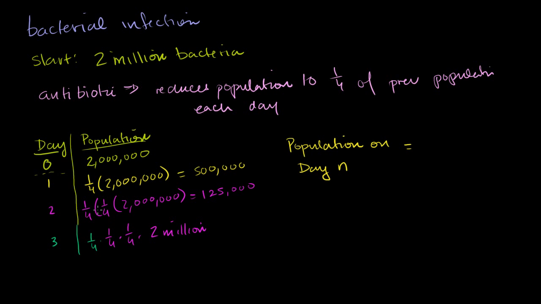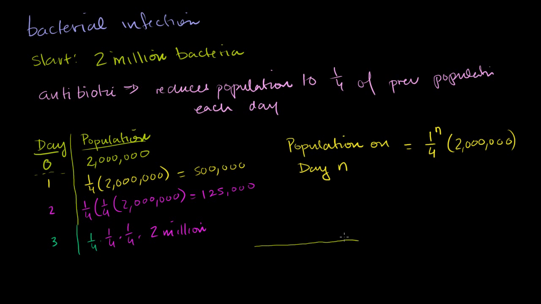On day 2 it's 1/4 to the second power. On day 1 it's 1/4 to the first power. On day 0, there was actually 1/4 to the 0th power, right? That's 1. So it's 1/4 to the nth power times our starting population, 2 million. And if we were to graph it,